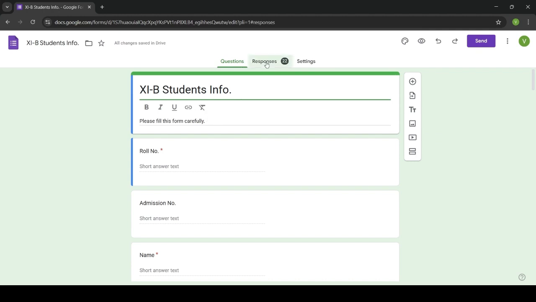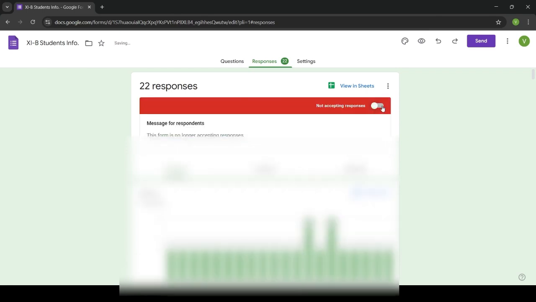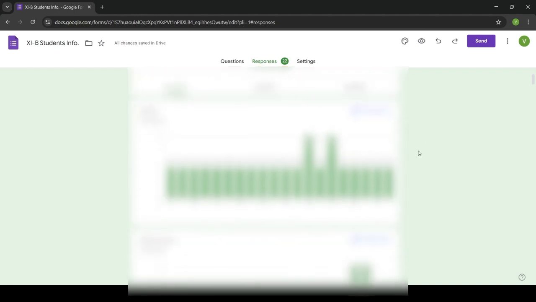Next part is when. So here you can see that this accepting responses toggle is green, or on. So it means that respondents can still use this form to submit their responses to me. If I turn this off, then no one can submit their Google Forms now. While you are analyzing the data, it is best to just toggle it off so that your data